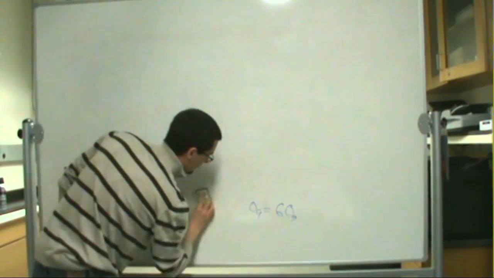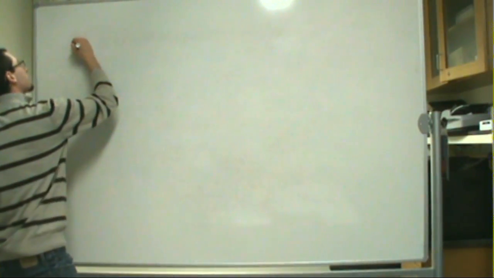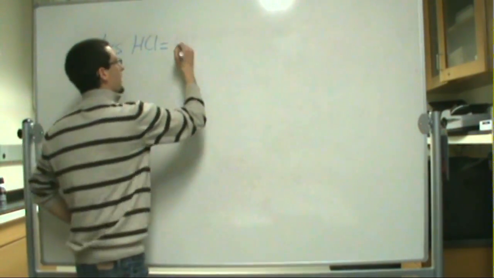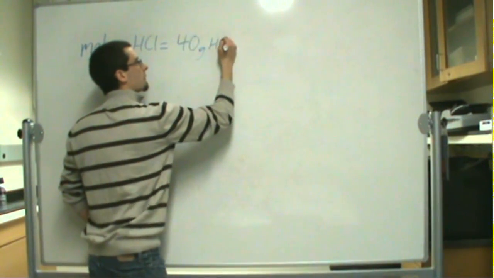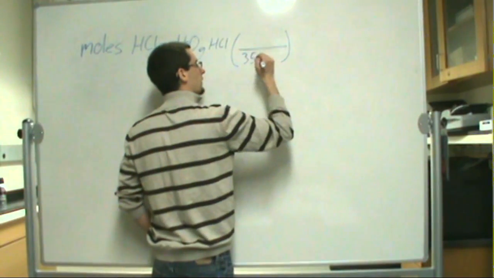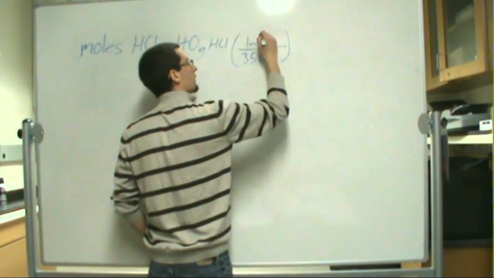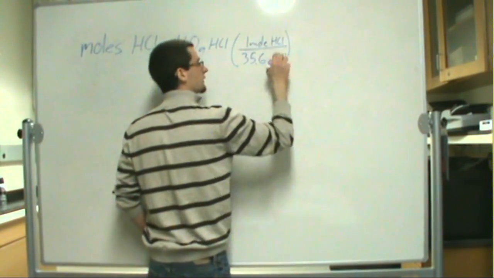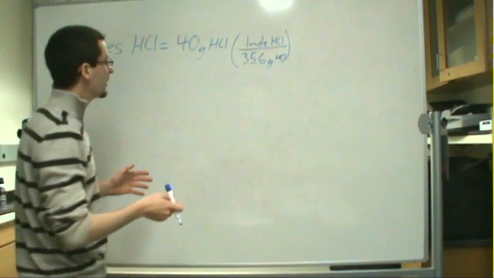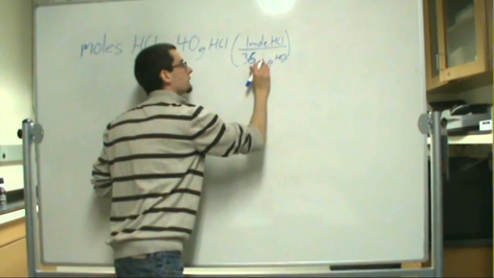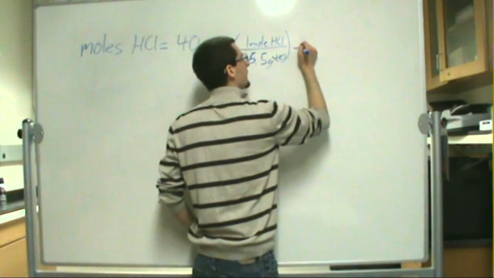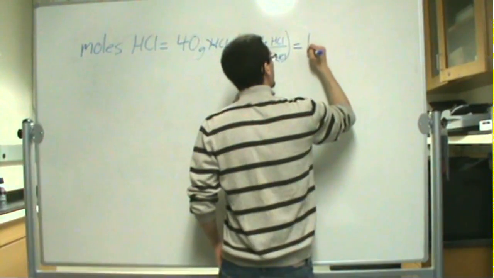So, in our first step, we're going to figure out the number of moles of HCl. So, we know we have 40 grams of HCl. And if you look at the periodic table, you can determine that there are 35.6 grams for every 1 mole of HCl. Be sure to label your values. It makes canceling out much easier, and you'll have a good idea if you get the correct answer or not. I'm sorry, this should have been 36.5. So, if you notice, our grams of HCl cancel. We should be left over with moles. And that gets us to a value of 1.10